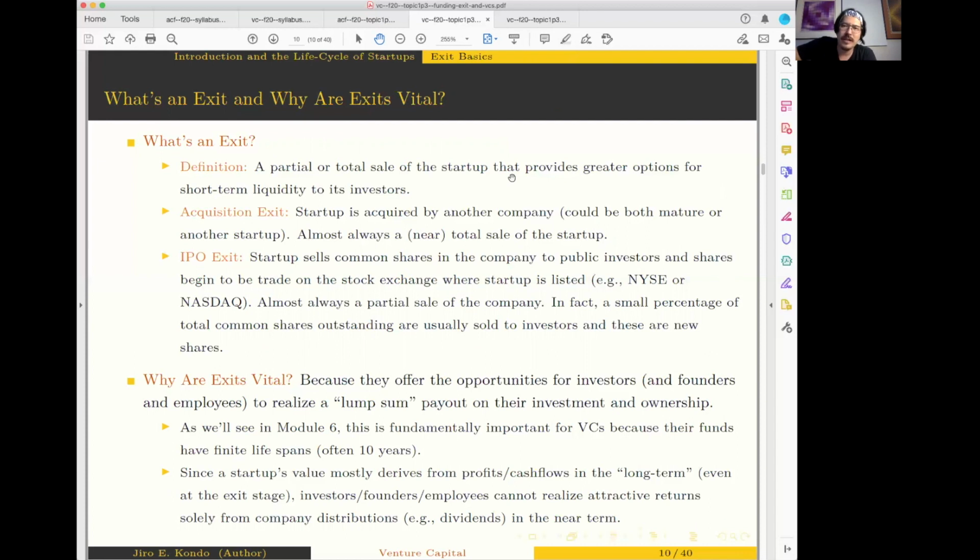Now what I want to do is talk about the process of exit. And in today's lecture, just in the interest of all of our stamina, I will just talk at a high level about IPOs and acquisitions and some of the factors that go into the choice of doing one or the other, and maybe also a little bit the timing. And then the nitty-gritty details about the IPO, I will post on an externally recorded video instead of something like this with you guys. Sound okay? All right, you guys are all like, yes, thank God.